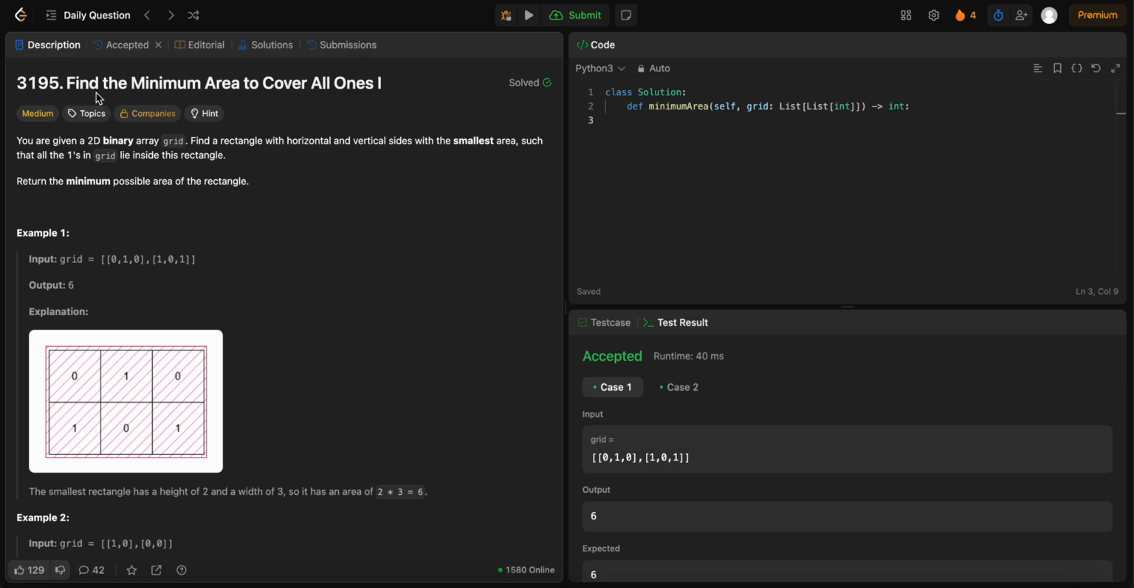Let's see how to solve this problem. The problem name is find the minimum area to cover all ones. You're given a 2D array grid. Find a rectangle with horizontal and vertical sides with the smallest area such that all the ones on the grid lie inside this rectangle. Return the minimum possible area of the rectangle. So let's take this example,